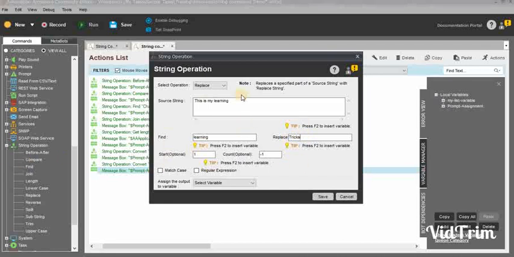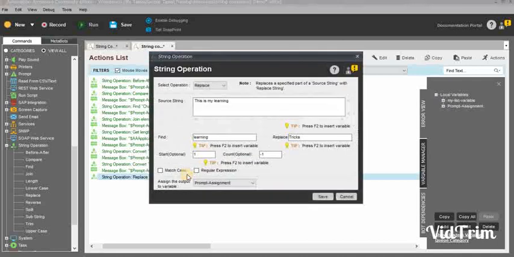Then only I want to replace the text, and the start option. If you want to start from the first character or the 50th or 100th character, if you feel the particular text is available after the 100th character, you can set the start, but it's optional. The count is also optional. If you want, you can update the count, or else just leave it as it is. And match case is for case sensitive formats. If you want to identify based on case, you can check this checkbox, or leave it, or use regular expression also. I'll assign the output to the prompt assignment variable and click save.